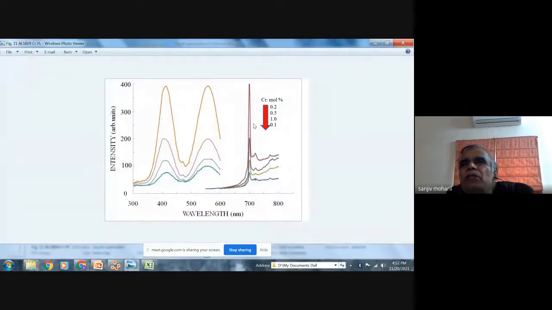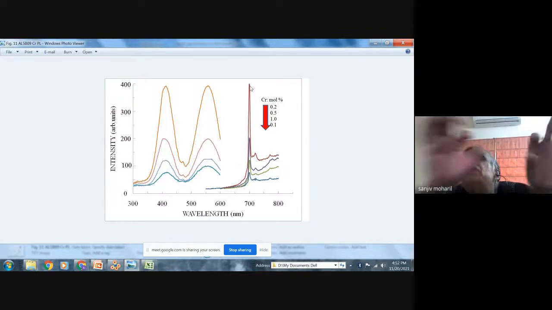This is the photoluminescence for Cr3+. So this is my high energy excitation band, position is around 410. This is my second excitation band, so position is 560 nm. And this is the emission of chromium, that is around 693 nm.